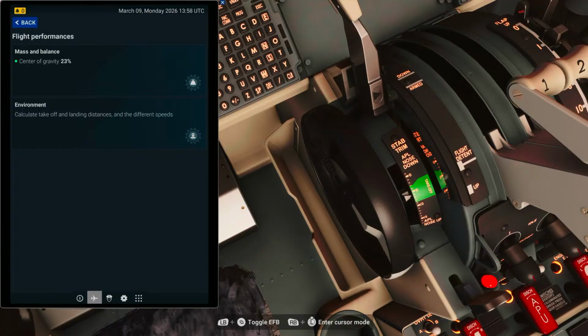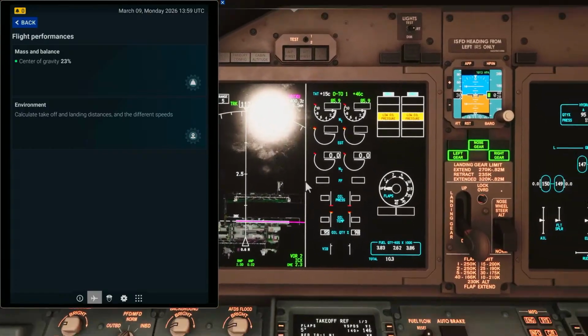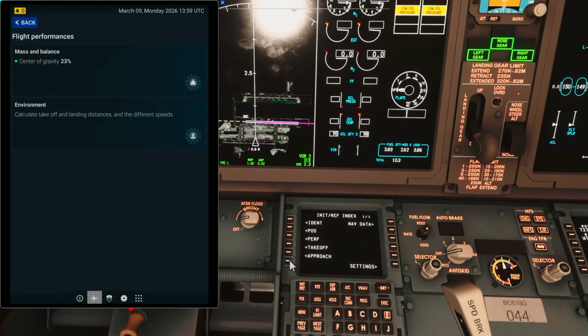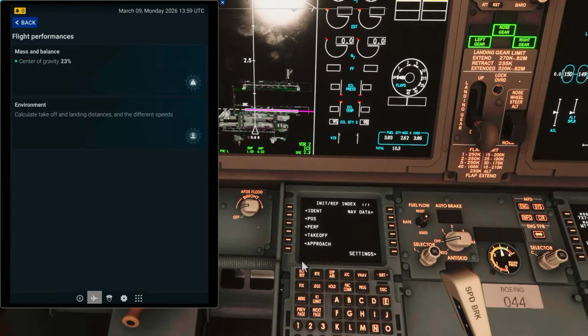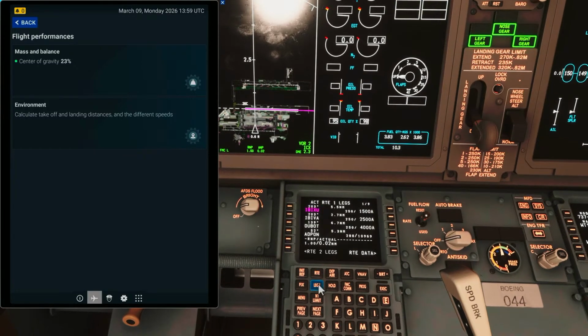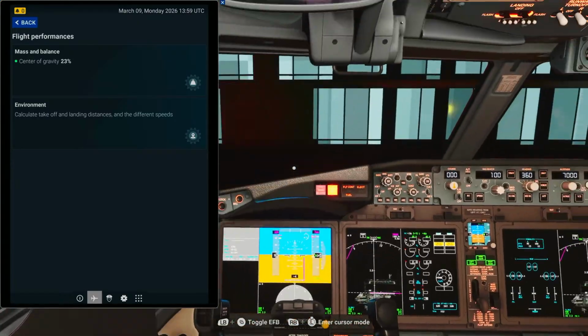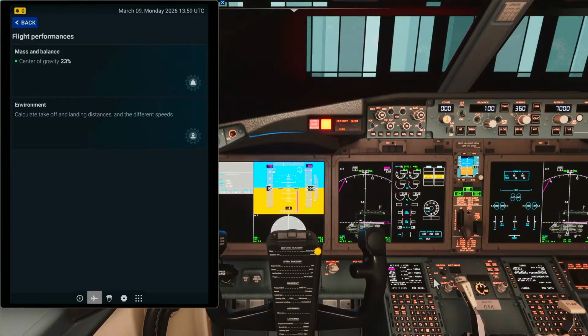Put it out there. So that's all set up, ready to go. Everything's done there, all good. So yeah, performance, position, obviously where you are, ident, all that particular page there. And now we'll just check our flight plan. So first things first, I like to transfer the engines onto here, because I use this